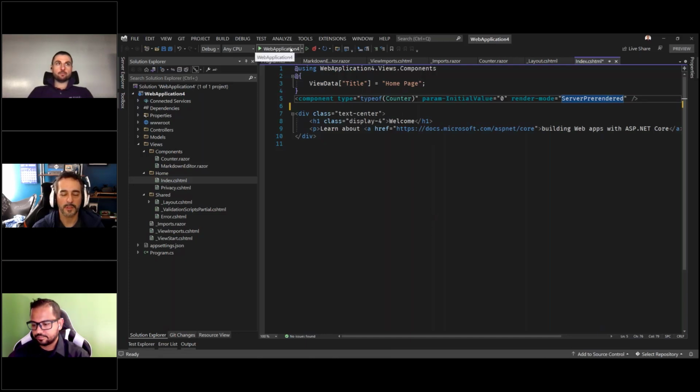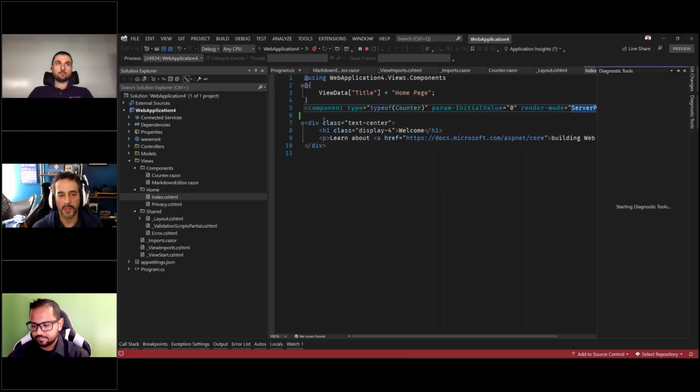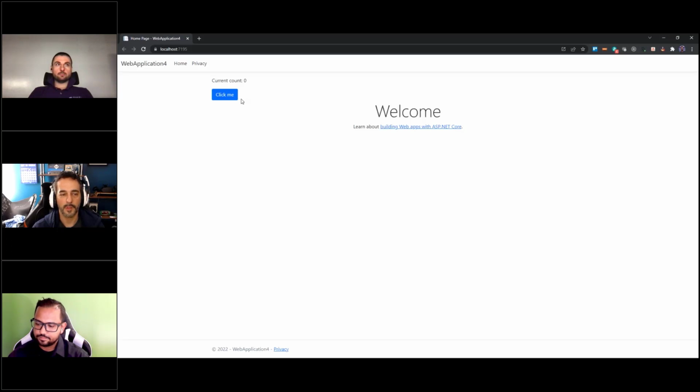There are options here. We'll go ahead and run this page, and you'll see that I've got both a Razor view and a Razor component working together on the same MVC view. So I can interact with my component. It's rendered right there alongside the other content that was generated by that CSHTML page.